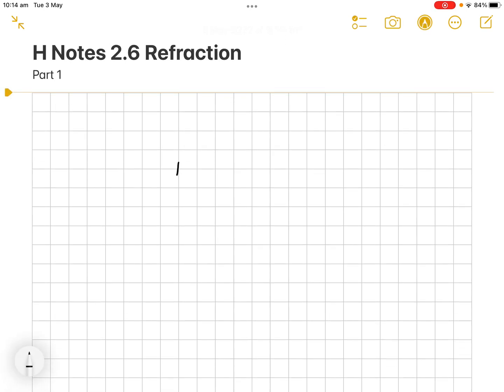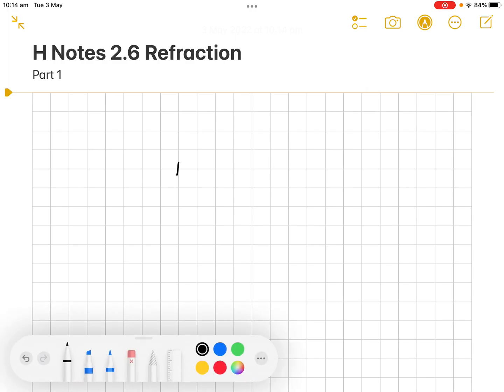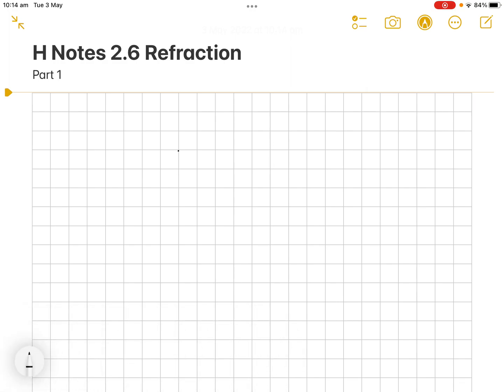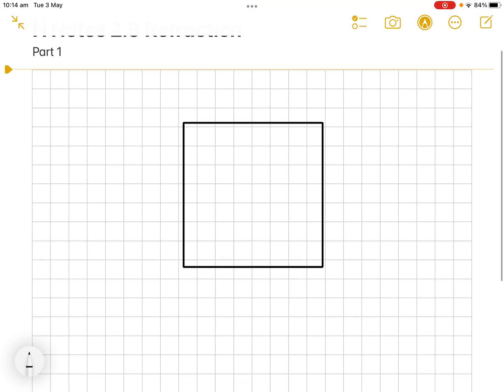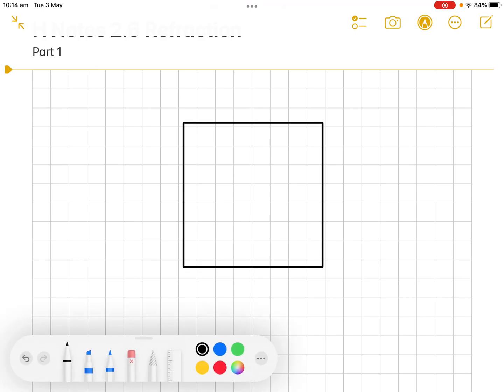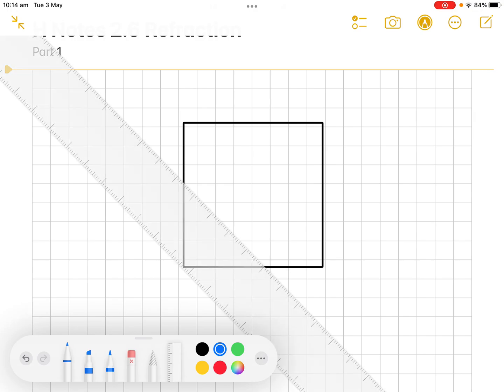Well, interesting things happen when light travels from one medium into another. So I'm going to draw a block of glass like that. Happens to be square. The squareness isn't crucial. So let's imagine we have a beam of light,